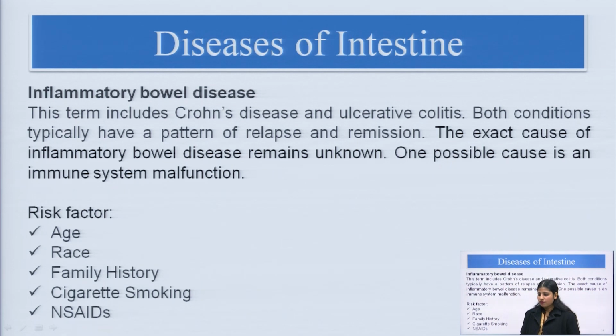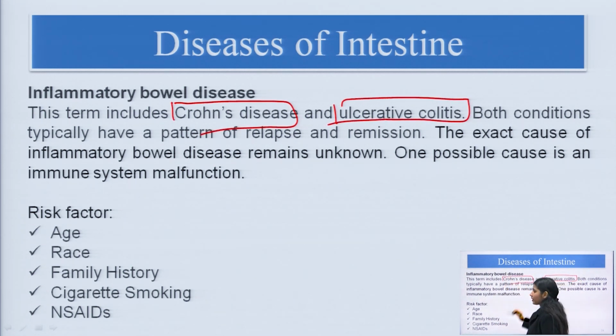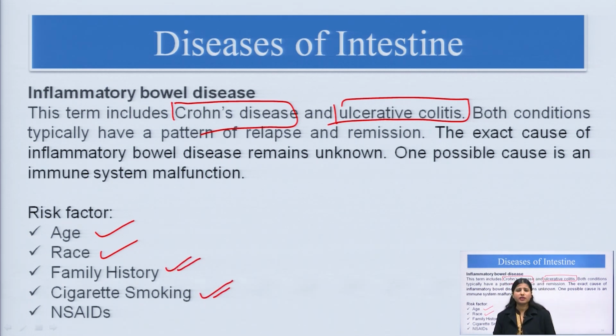Now coming to inflammatory bowel disease. There are two very common diseases, Crohn's disease and ulcerative colitis. This is affecting the intestine. Yes, and the basic risk factors we will see. So age is responsible. Sometimes we have seen some particular races are more prone to Crohn's disease or ulcerative colitis. Immunity, yes, autoimmune disorders are also associated with it. Then family history is responsible, cigarette smoking, and sometimes taking non-steroidal anti-inflammatory drugs can also cause